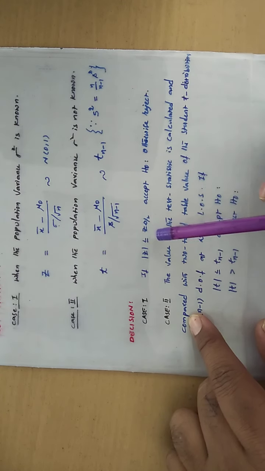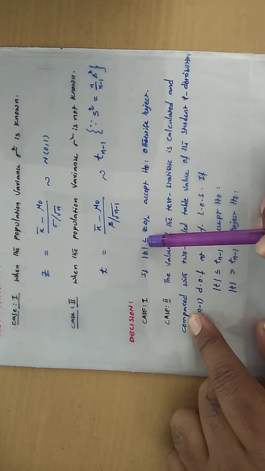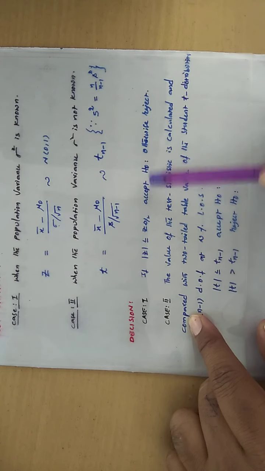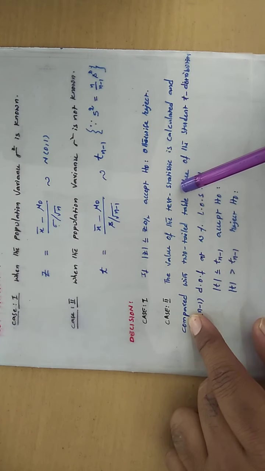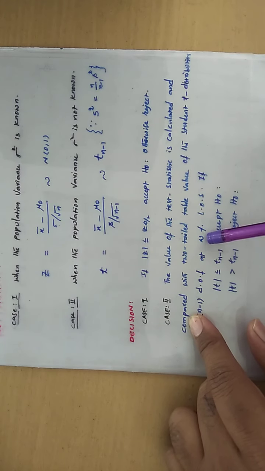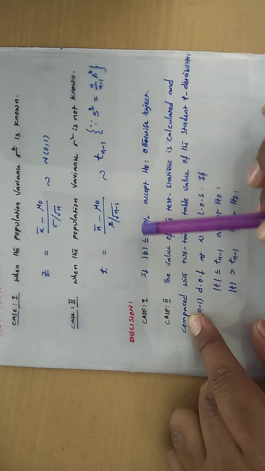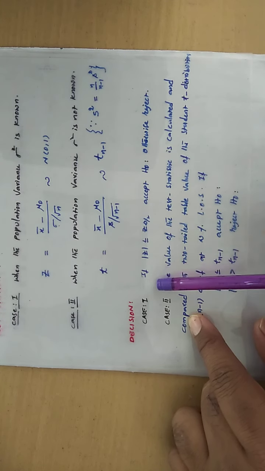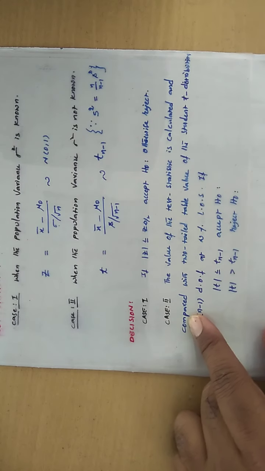You can imagine what the one more situation is that arises. If modulus of Z is greater than Z alpha by 2, we reject H0. So whenever this does not happen, that only is going to happen. That meaning is underlined, so you need not be confused. Within a single sentence, I concluded how to make the decision.